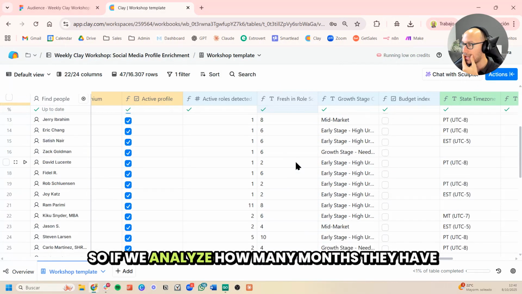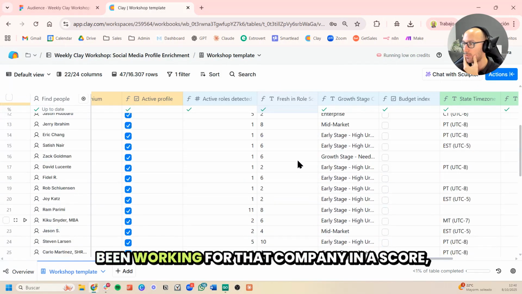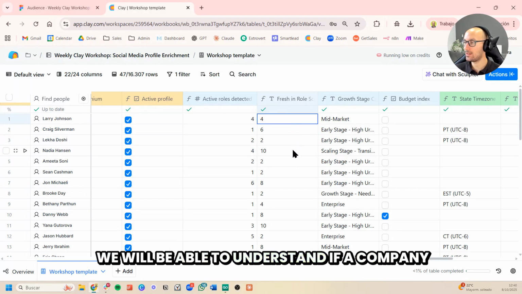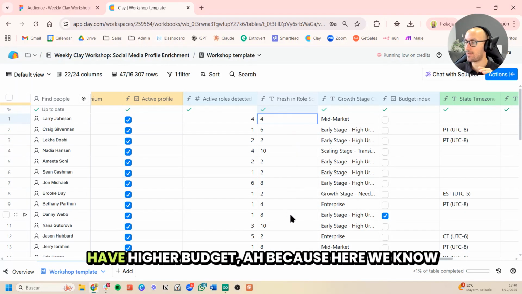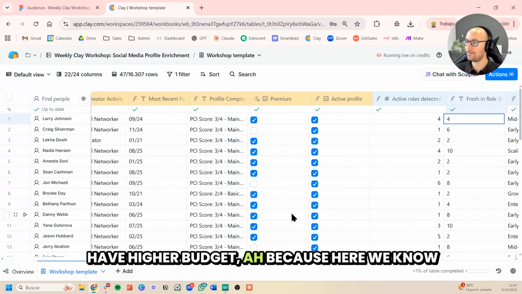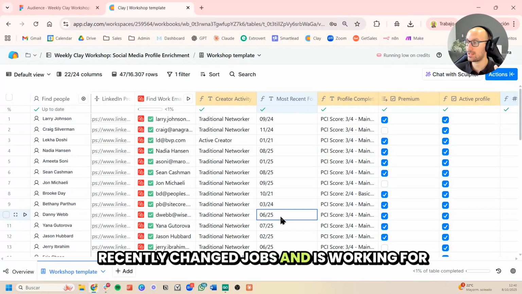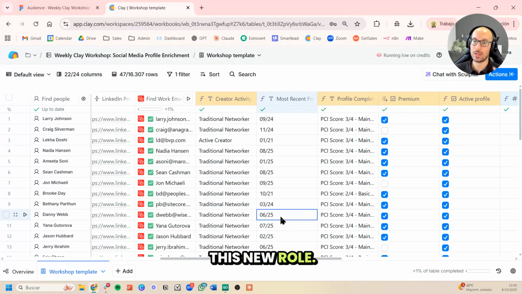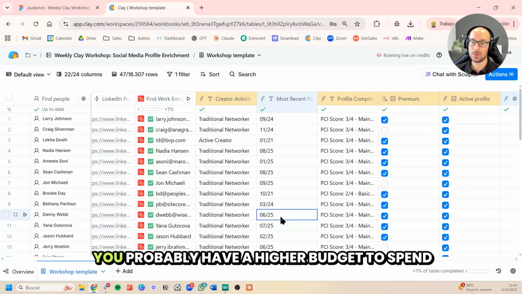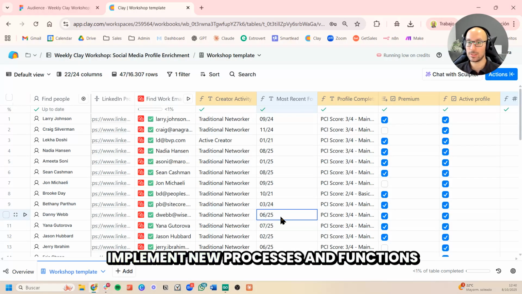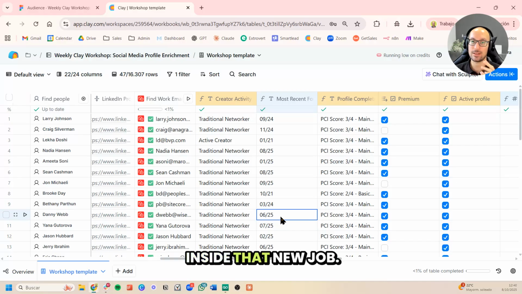If we analyze how many months they have been working for that company in a score, we will be able to understand if a company has a higher budget, because here we know that, for instance, this person has just recently changed jobs and is working in this new role. And when you change roles, you probably have a higher budget to spend on changing things, and you will be able to implement new processes and functions inside that new job.